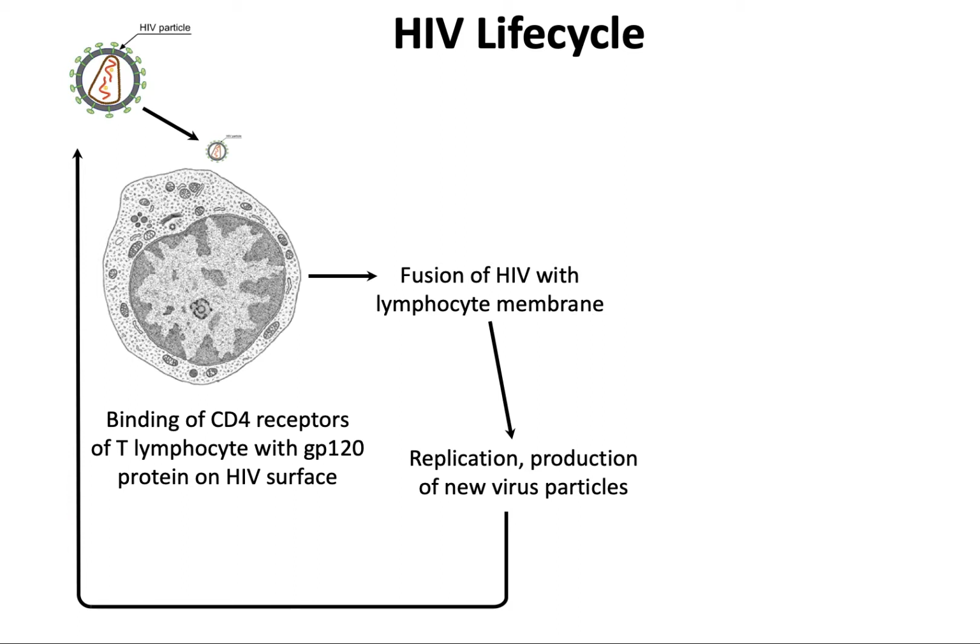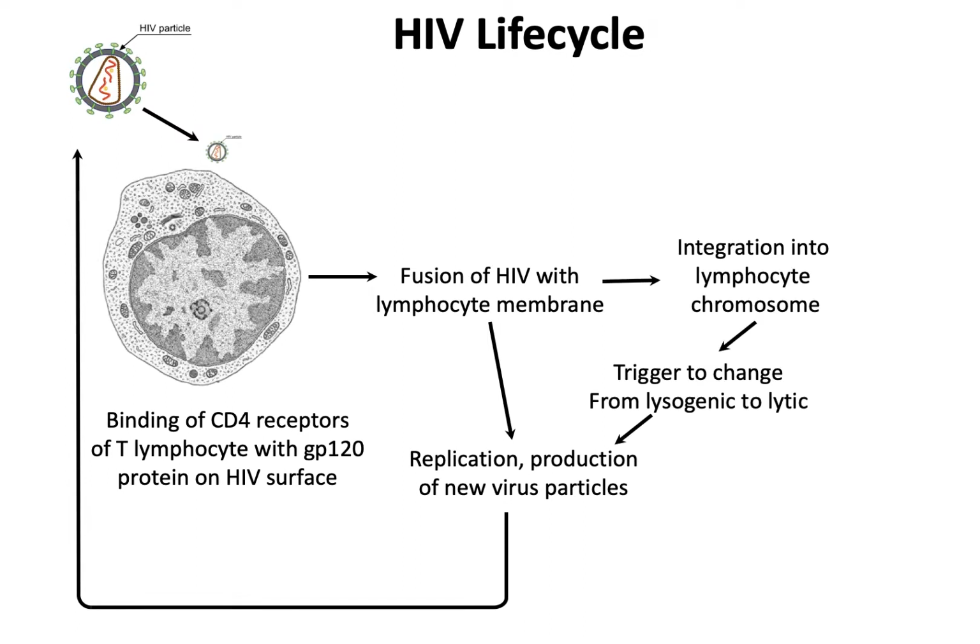Many times people infected with HIV will experience flu-like symptoms, although some people are symptomless and are surprised when they find out they come out HIV positive. At some point in time, in some cells, you'll get integration of the DNA copy of the viral RNA into the lymphocyte chromosome. It can be triggered to go from this lysogenic stage into the lytic stage and also produce more viruses, and this can happen